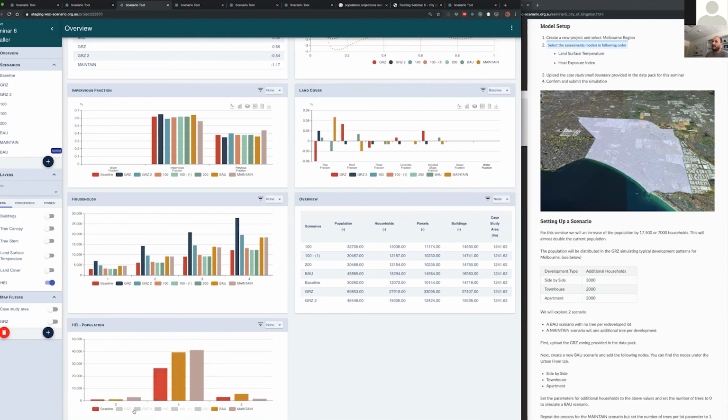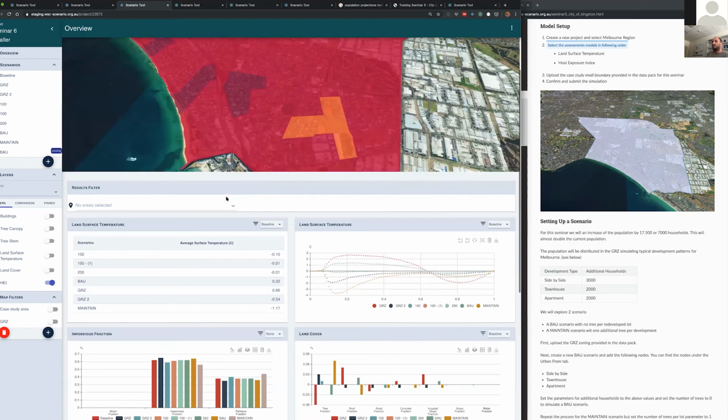We basically see under the business as usual scenario, particularly in area 5, which is the highest one, that we see an increase of population exposed to heat. Whereas in zone 4, we see the increase in the maintain, but that means population has shifted from the highest heat exposure to zone 4. So this will be